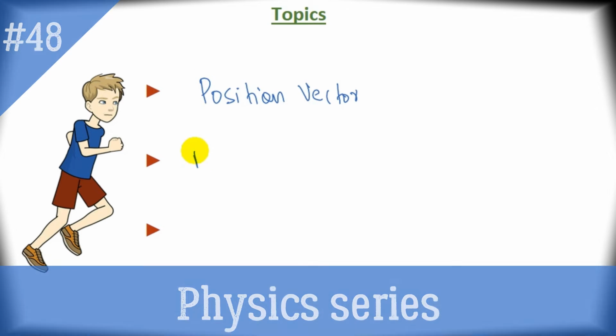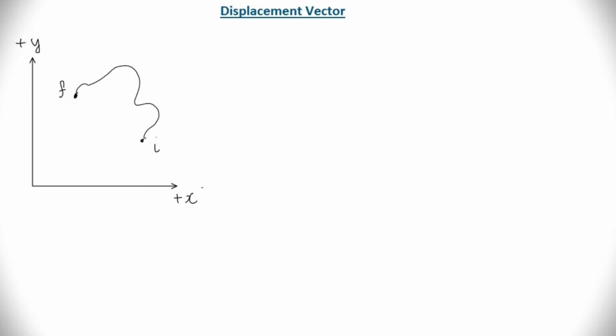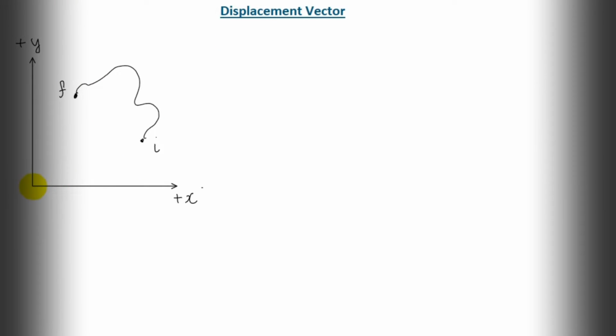Position vector, displacement vector, velocity vector. We call it the position vector. Initial position vector is represented by